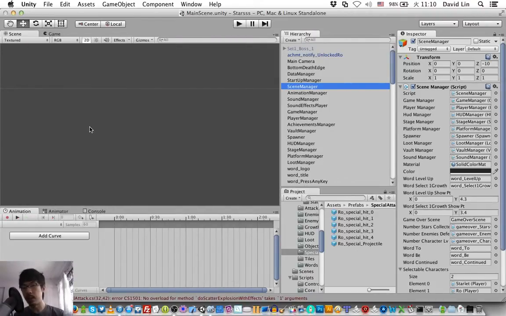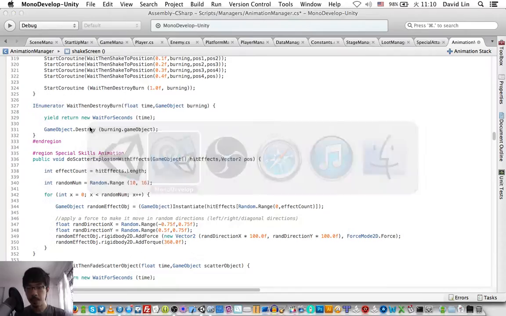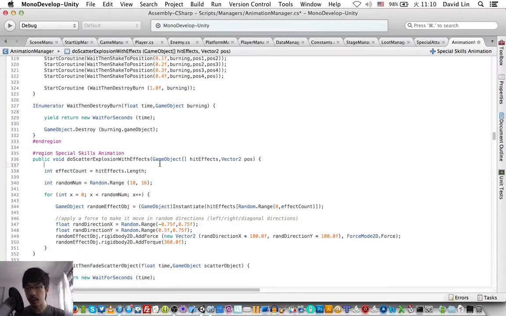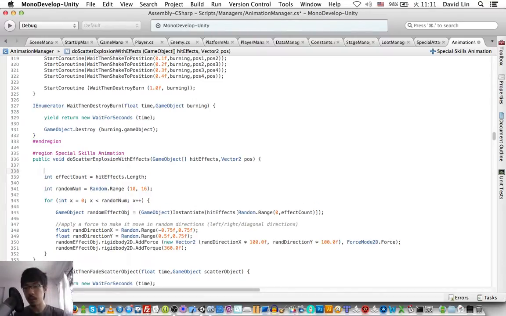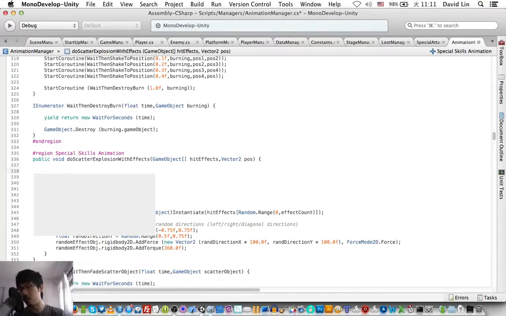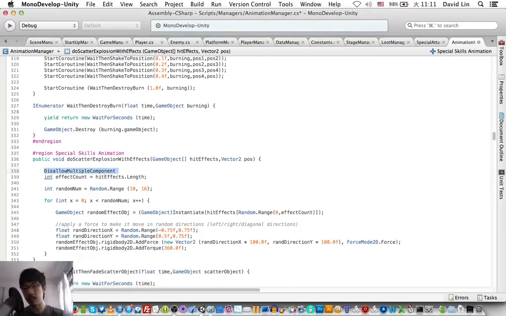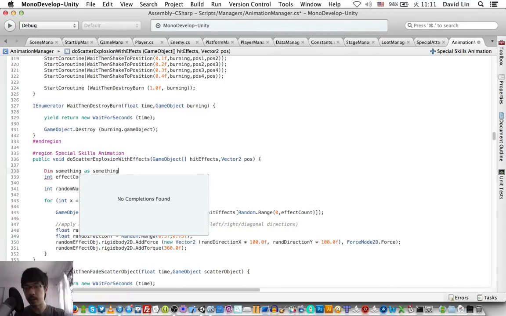VB6, not exactly though. Okay, my Visual Basic is kind of rusty, but if I recall, in Visual Basic you usually do something like Dim something As something.